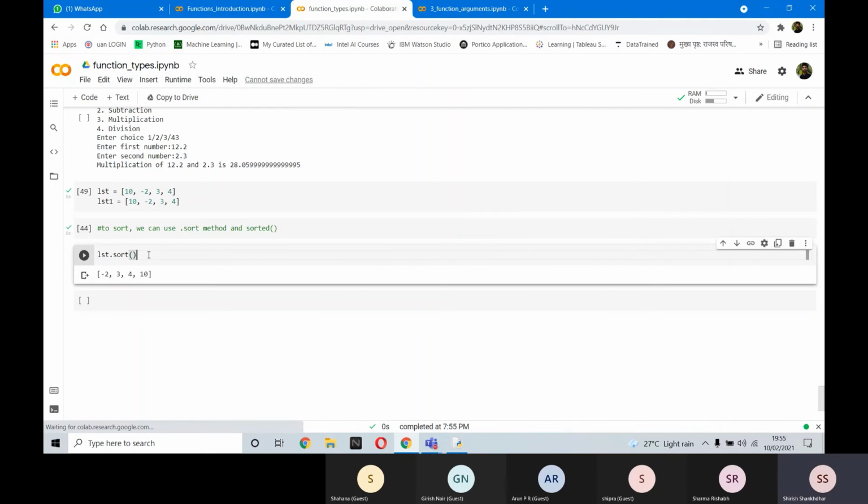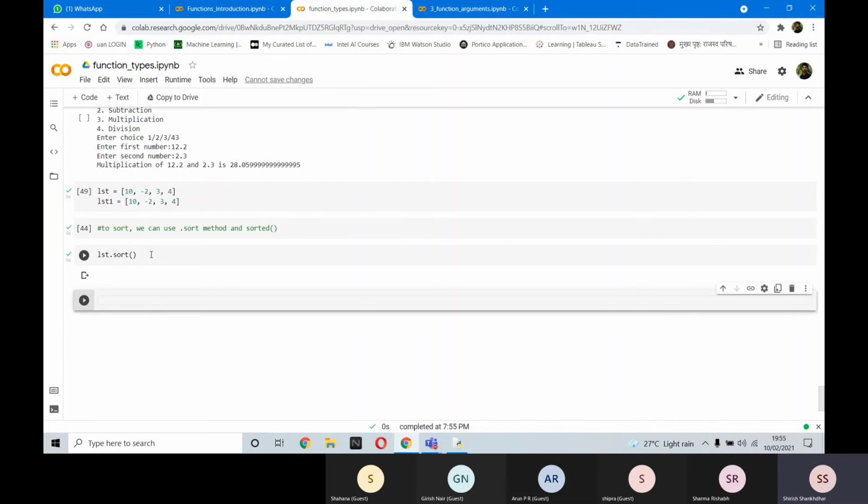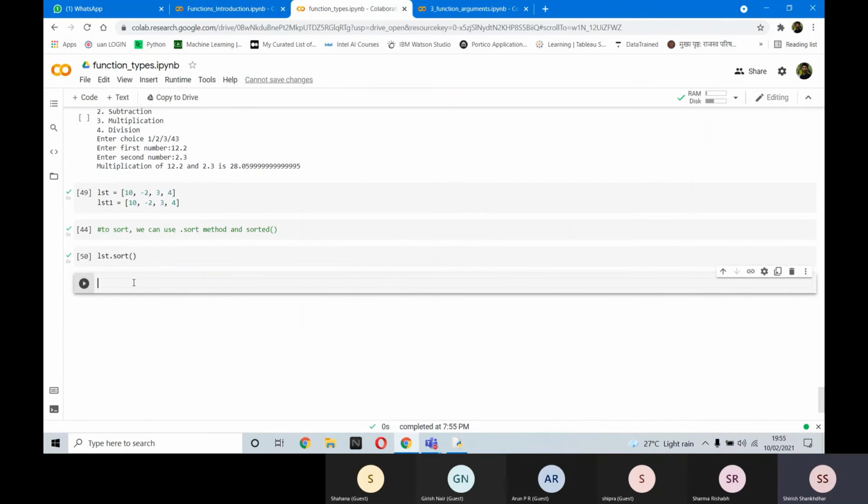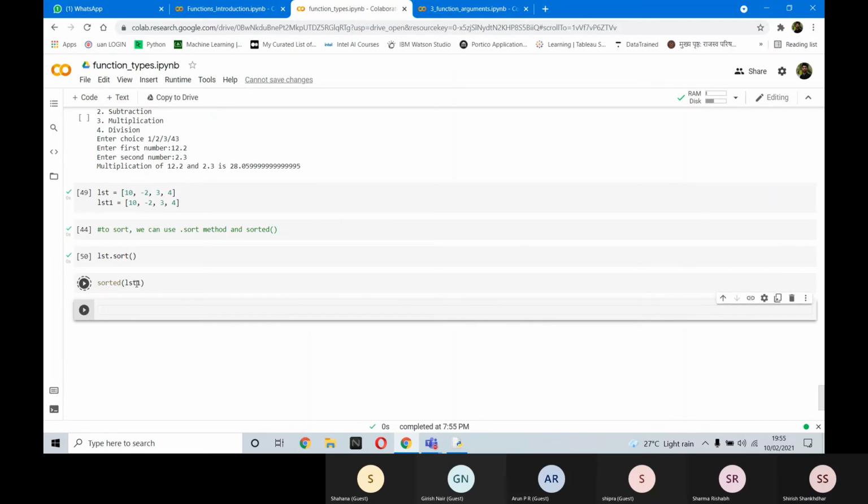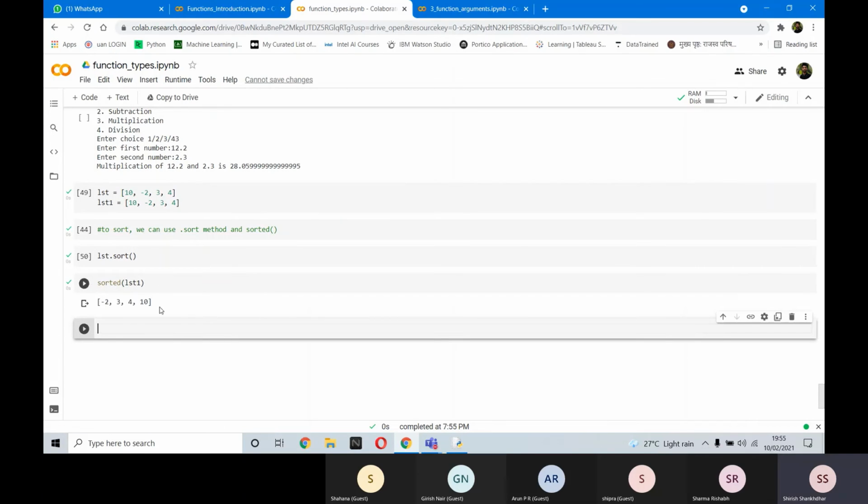Let me do this first. I run this. I do not receive anything in return. Okay, I do not see anything in return. But if I do sorted lst1, I get something in return. Now, if I print lst1,